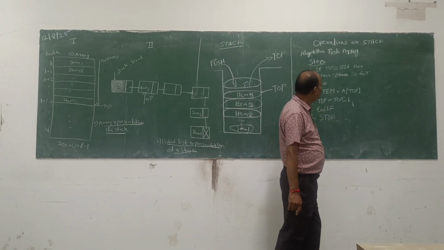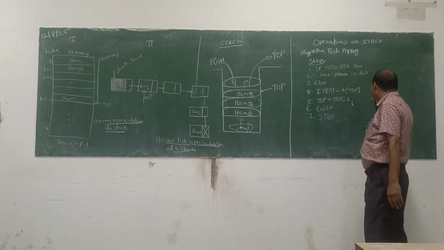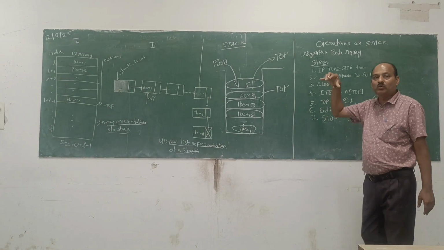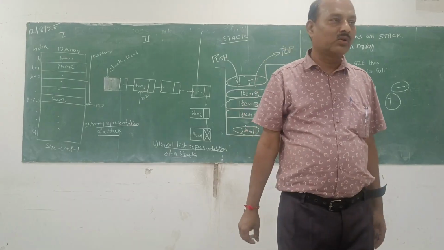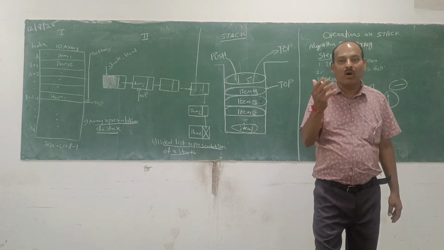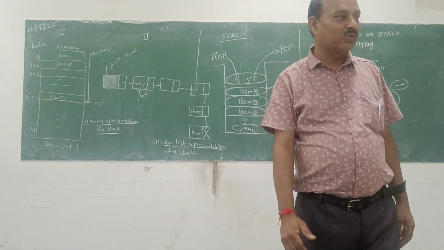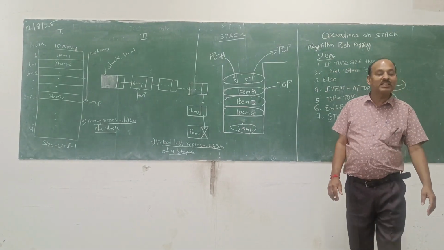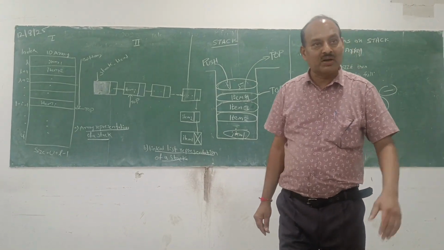and stop. So you may add, if you take +1, then you may add. If you use -1 in each case, then you may remove the items from the stack. So there are two ways: first to enter and second to remove, push and pop. Push and pop use some algorithm for the computer, or for programming. So you have to make a program, and finally, to make the program, first you have to make the algorithm. So there is an algorithm for push and pop.